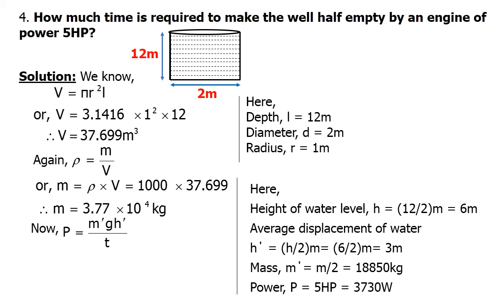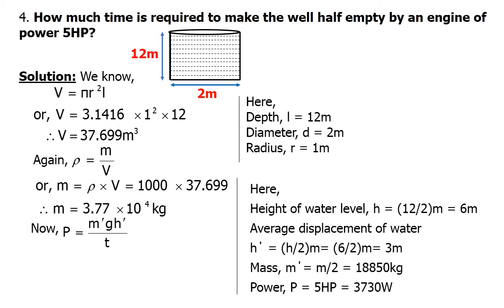And now to calculate the mass, we cannot use the mass of 3.77 into 10 to the power 4 kg, because we have to empty the well half. That is why we have to consider the mass of the water of the well becomes half. So we can write m prime equals m by 2, and the result of m prime is